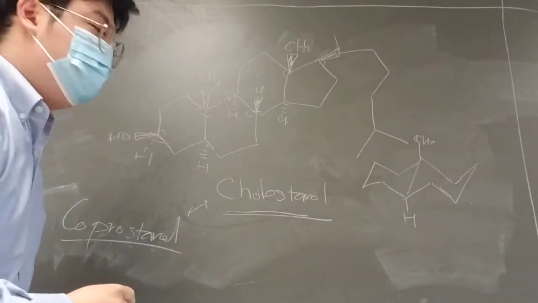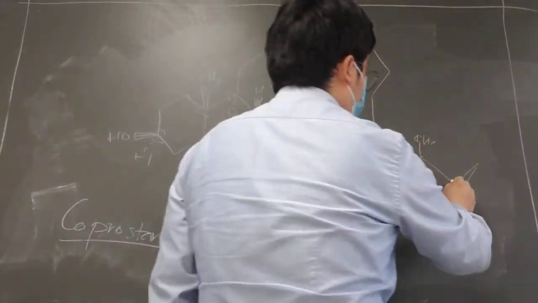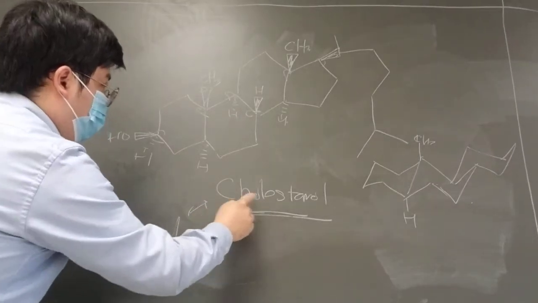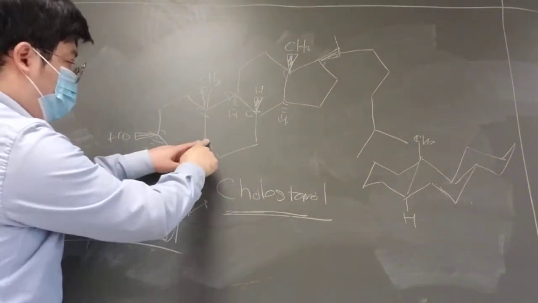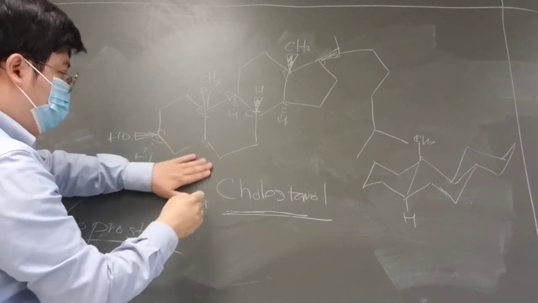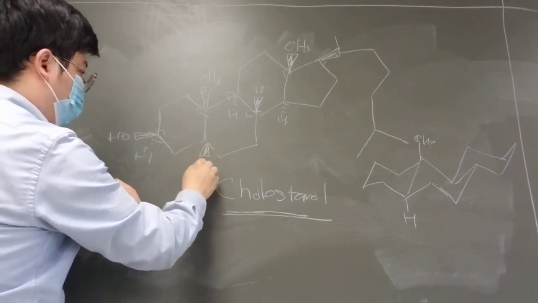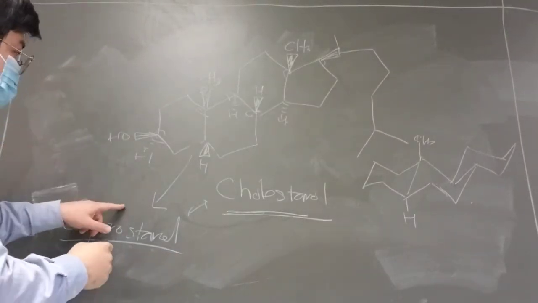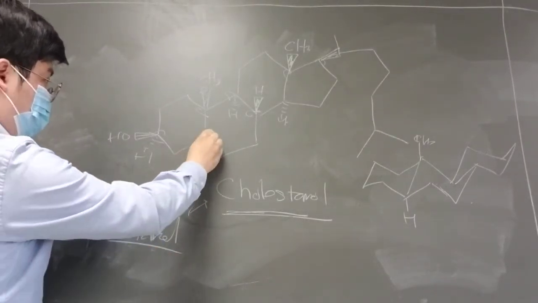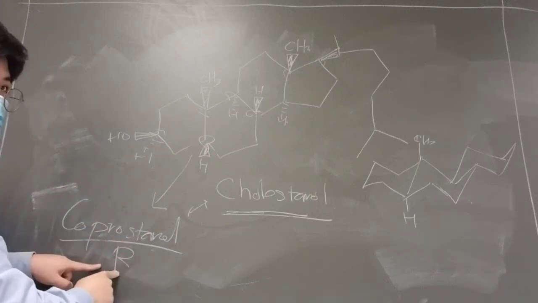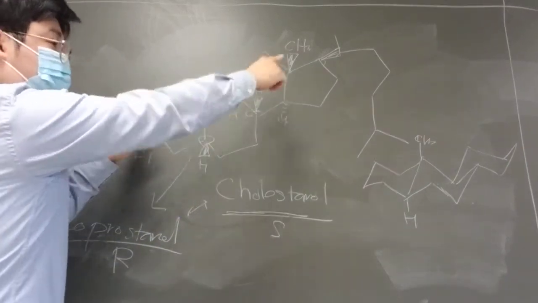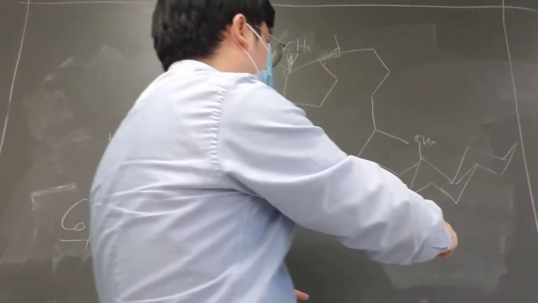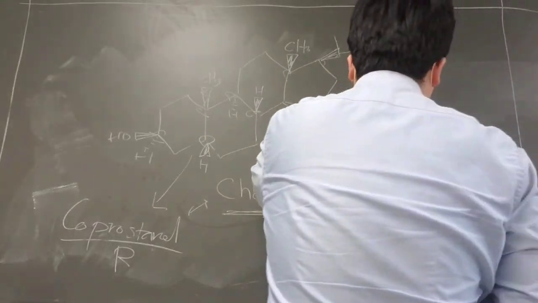Remember this? I'll do this one here. Anyway, here, coprostanol is going forward. So it's like this one or this one. Obviously, this one has R, this one has S. But all chiral centers are the same. Only this part has the different configuration, which is here, and it would go back